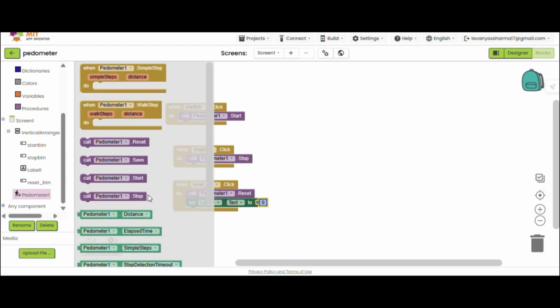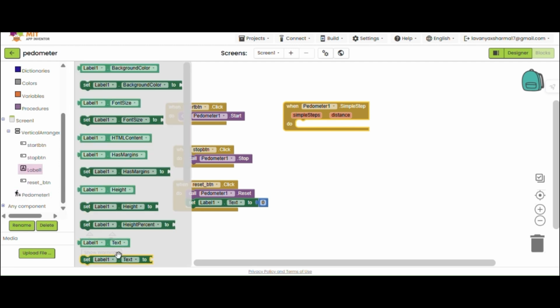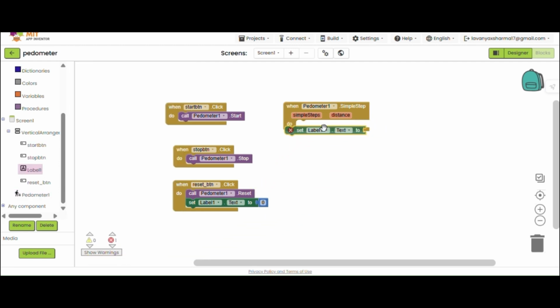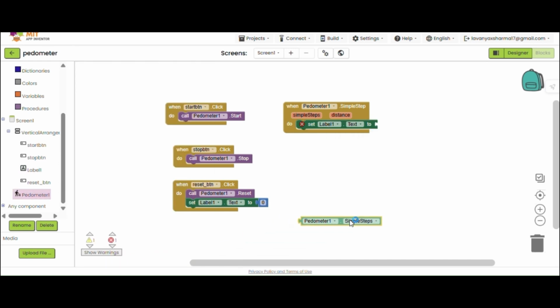And finally, we have the pedometer event itself. This runs automatically whenever a new step is detected. Each time it happens, the step count will increase and the label on our screen will update to show the latest number of steps. Now that our app design and coding are complete, let's test it on a real device